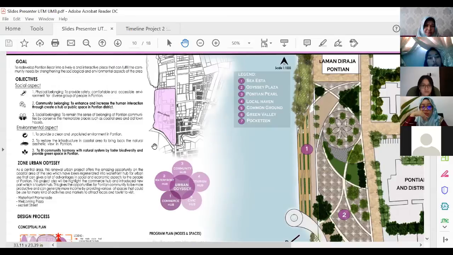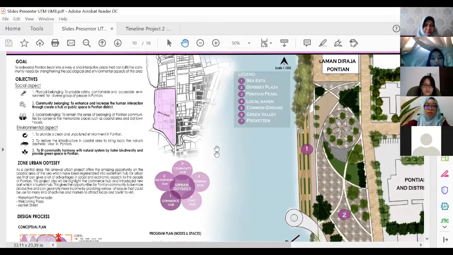And while creating hubs, we want to feed the community with natural resources of Pontian by fostering biodiversity and providing green space in Pontian. So overall,